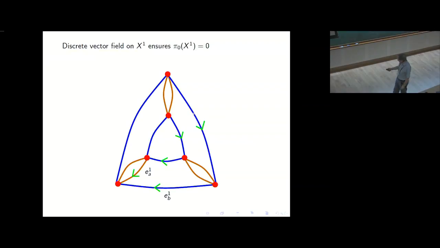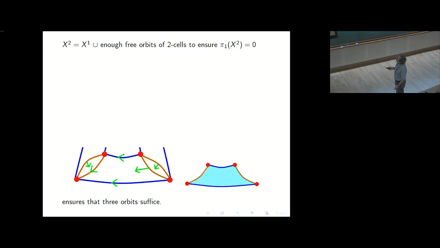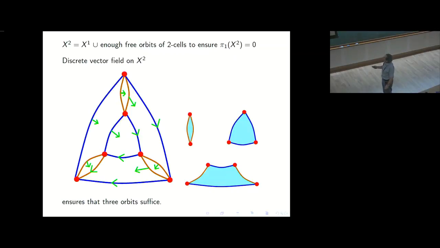Okay, so having done that, you now choose an arbitrary loop in your graph, maybe this one, and you say, let's just fill it. Fill the loop. Make it, and then add in a 2 cell. But you have to add in a copy of the 2 cell for every element of G, because G has to act freely. So you're going to have to add in 6, preserving the action. And it turns out that adding this one in is not enough. Okay. You keep adding in 2 cells and the orbit of the 2 cell until your space has trivial fundamental